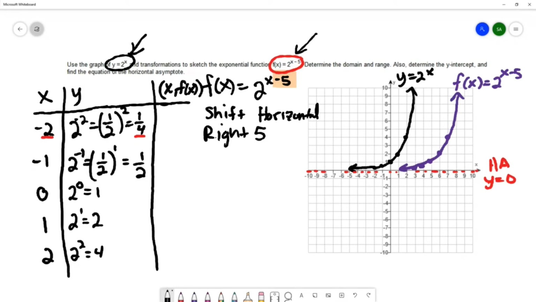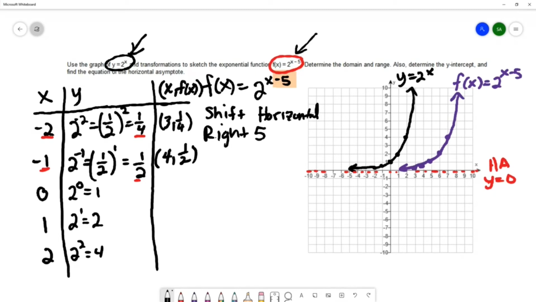If we shift to the right 5, I am adding 5 to the x-coordinate, and that moved to 3, 1/4. This ordered pair, negative 1, 1/2, we've already done this using the picture. I'm just using the ordered pair now. If we shift to the right 5, it's only affecting the x-coordinate. So I'm going to add 5 to the x-coordinate to get